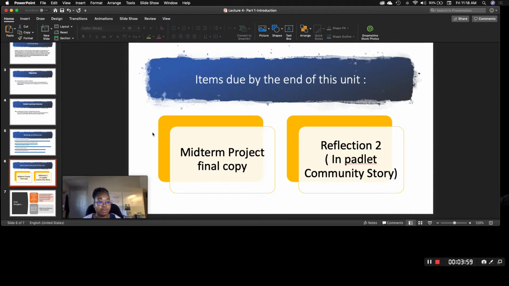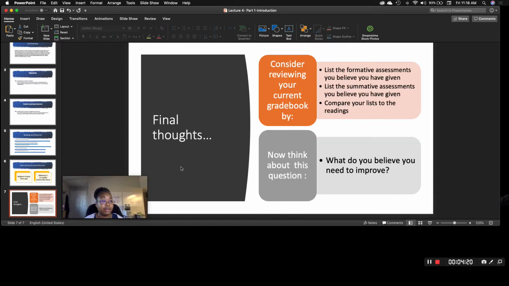So if you can reimagine yourself as a grader, if grading or assessing was your only profession, who would you be? So within Padlet, you're just adding to the conversation, and I'll post it at the end, but it's fairly simple. So final thoughts. By the end of this unit, there's some things I want you to consider reviewing: